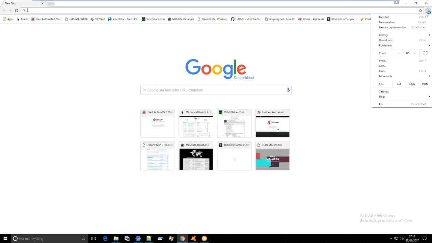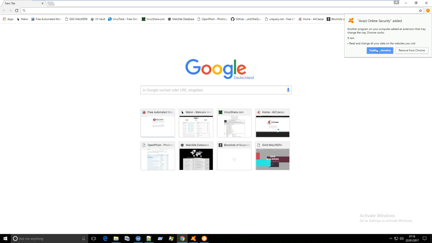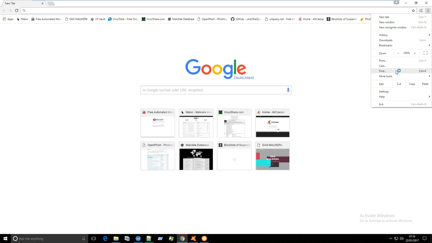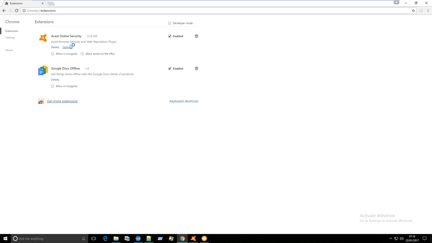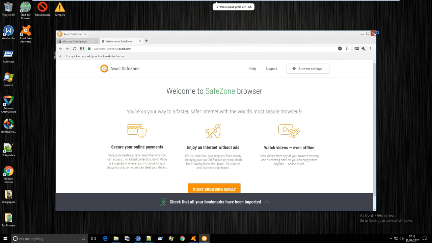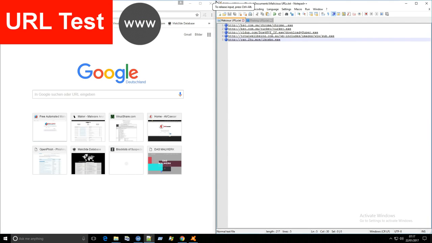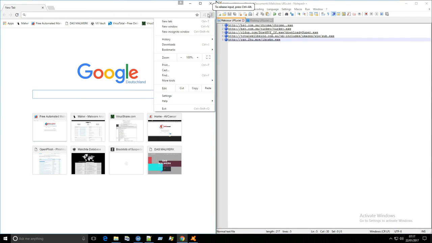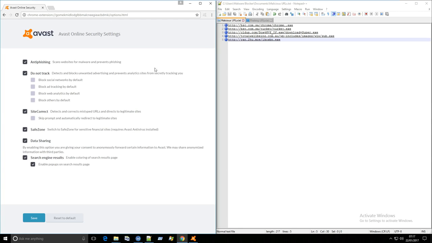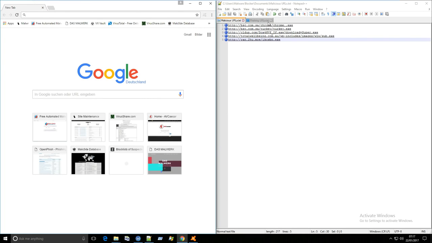So we have the Avast extension enabled, and I'm going to show you these settings in one moment. Here we go. So allow access to URLs is on, and I'm just going to restart the browser to make sure that the extension is properly enabled, and obviously it is. We also have 5 malicious and 5 phishing URLs ready and pretty much up to date. I mean, the malicious ones are slightly older because they're always hard to find, but the phishing ones are very new